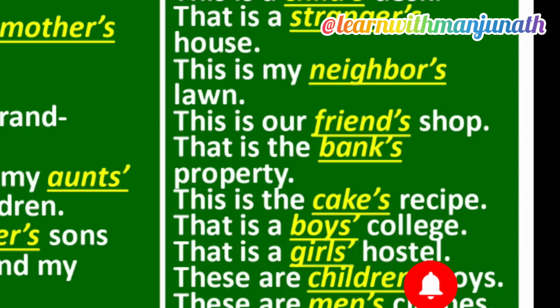Suppose you want to make something, then you ask what to put, how to put it, what to do. So they will tell you all the things you have to put, how you have to cook, etc. If you go to YouTube, you will find hundreds of recipes, thousands of recipes. How to cook sambar, how to cook rasam. Suppose I don't know, I can see a YouTube video and start cooking immediately. That is pronounced as recipe. Recipe, please pronounce. Recipe. So this is the cake's recipe.